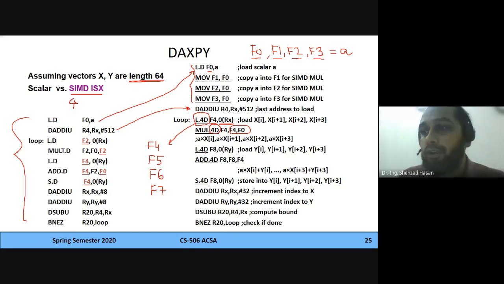Then you're going to load again the same thing, load Y into F8, which means F8, F9, F10, and F11 would be reserved for that. And then add F8 with F4, which means F4 would be added with F8, F5 with F9, F6 with F10, and F7 with F11, right? And then finally you're going to store it. So these things are the same over here. So you can see what is the difference between a simple